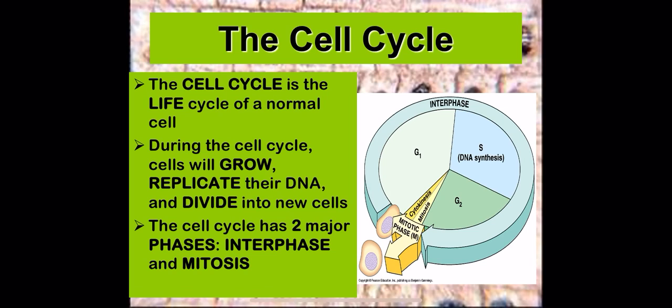Then, as it becomes time for the cell to divide, it will copy its DNA and make all of the structures that it needs in order to successfully undergo mitosis. So if you look at your picture, that is the greenish blue arrow you're seeing going around like 90% of that circle. And then you have the little yellow arrows. That's the mitotic phase or mitosis. That is where the cell is actually physically dividing itself. Okay, and then you can also see a tiny little sliver called cytokinesis. So cytokinesis is this division of the cytoplasm.